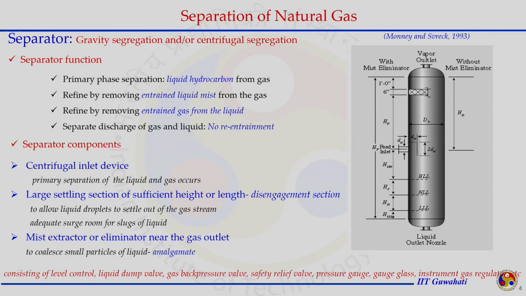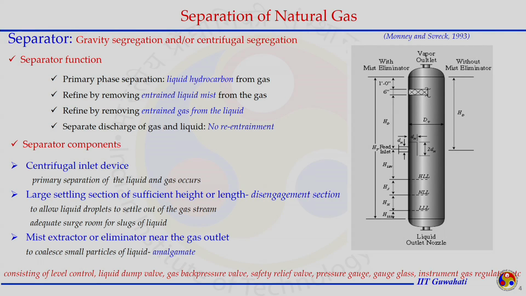The last one, it is not only separating the phases, we are able to separate the gas from the liquid or liquid from the gas within the separator, but there should be sufficient room, or design criteria should be chosen in such a manner, that the liquid and gas phases are not going to re-enter again. They are getting separated in the separator and they are also leaving the separator separately, meaning gas is going from one place, liquid is going from another place. There is no chance where they are going through a re-entrainment process.